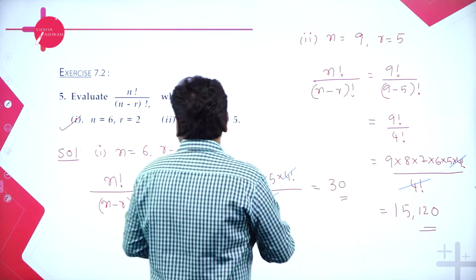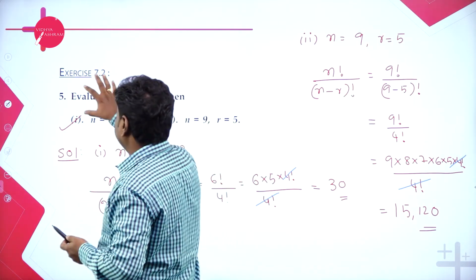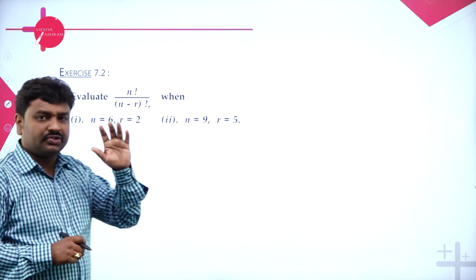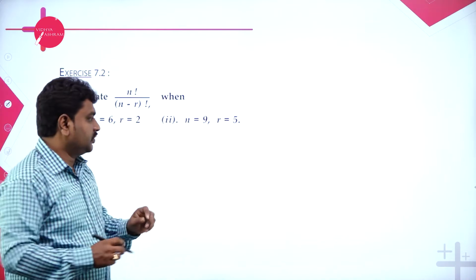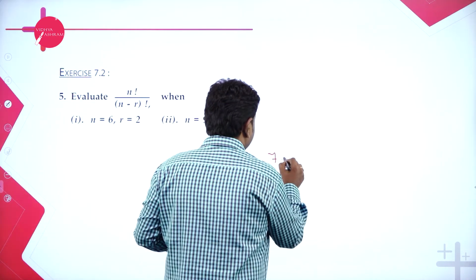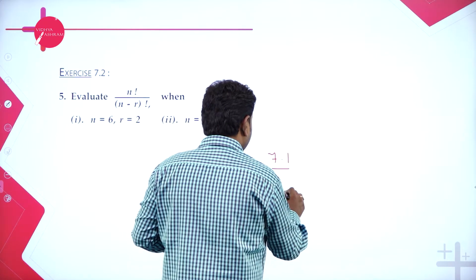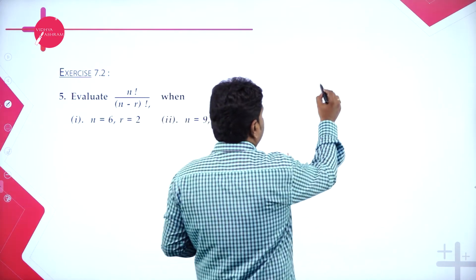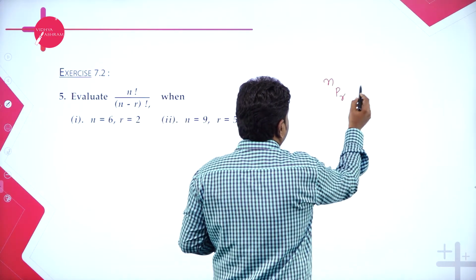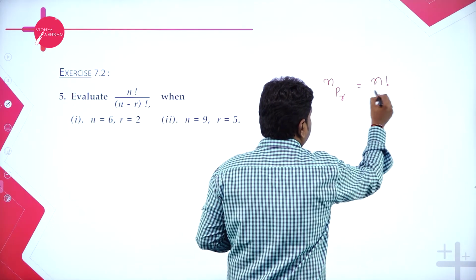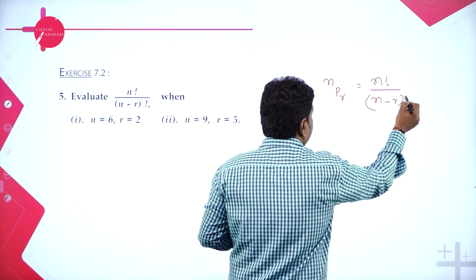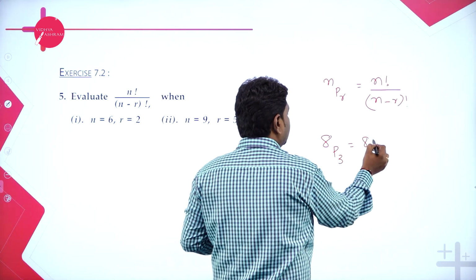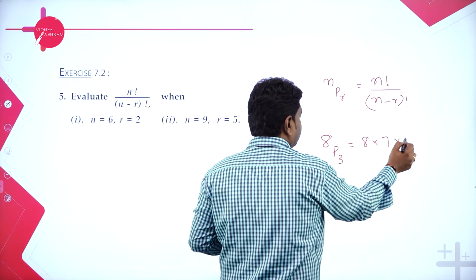So now I have done the second problem. These are the problems of exercise 7.2. In exercise 7.2, they have given a few problems just to make you thorough with factorial. So dear students, in P and C, I have completed 7.1, and 7.2 by this I completed. Now other than this, you should know the basics. The basics I started: NPR. The NPR formula is n factorial by n minus r factorial. And I told a shortcut for this: if I ask you 8P3, directly take 8 and 3 terms, 8, 7, 6, that's all.